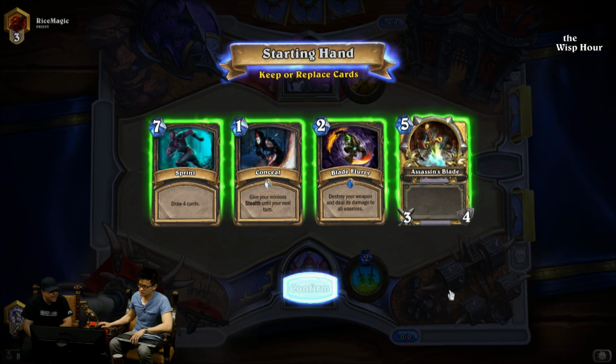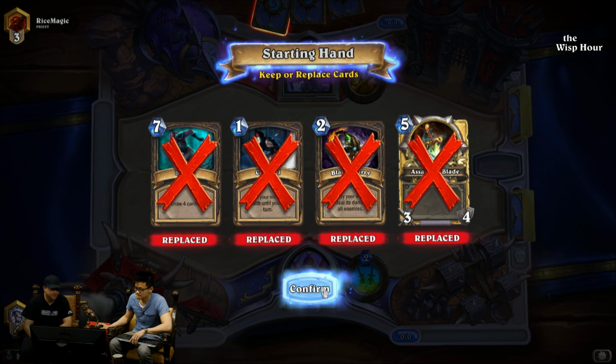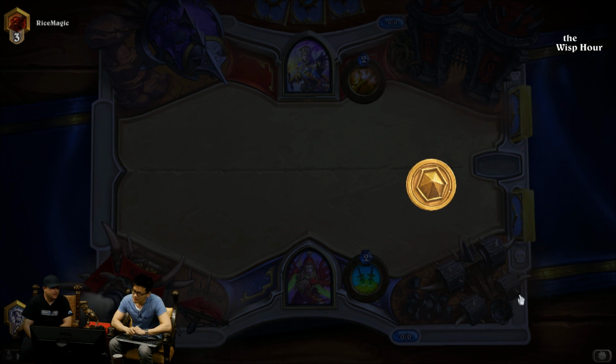So, with that in mind, toss everything to fish for him for sure. We want to get rid of everything. I think Assassin's Blade would be a nice keep, but we want to get rid of everything just to draw him. Yeah, we want to draw Malagos, and if...